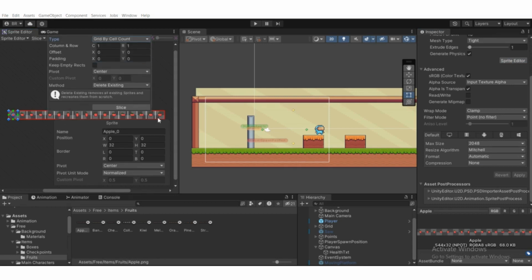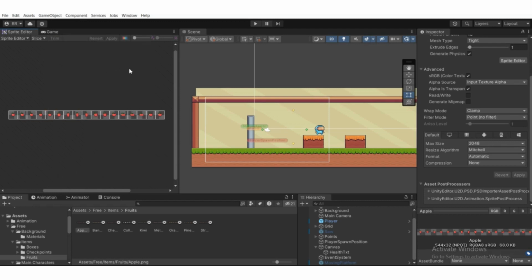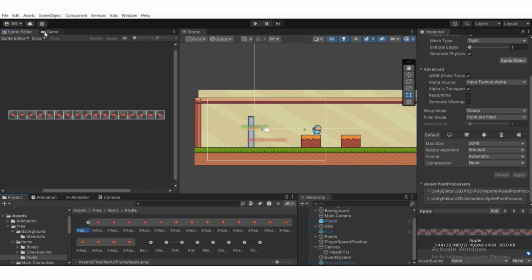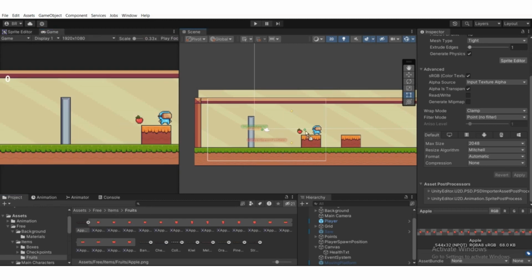Then select automatic, switch to grid by cell count, and count how many columns and rows it has. It has 17 columns and just one row. Then slice it, and after slicing hit apply. I already sliced it. So what I'm going to do is drag it to the scene view. As you can see,